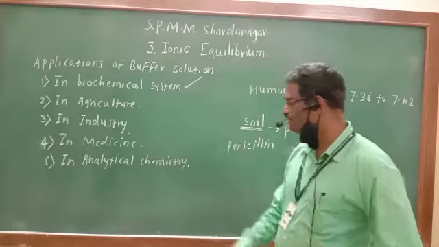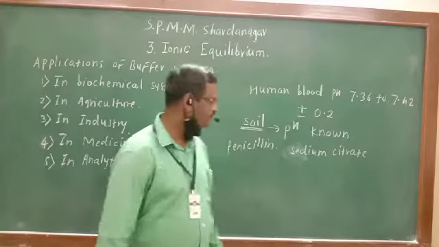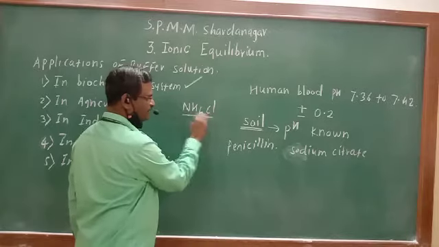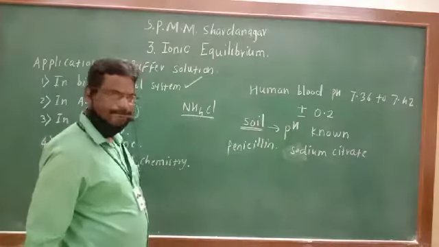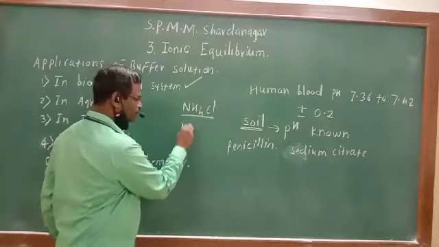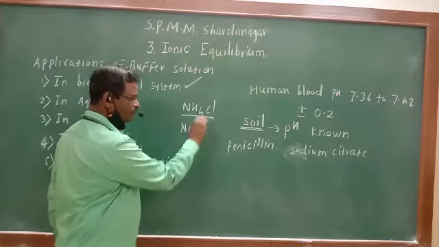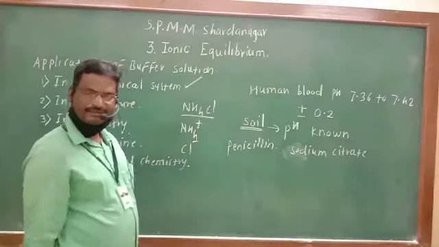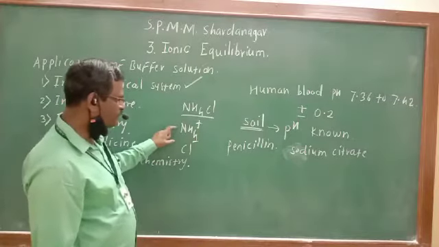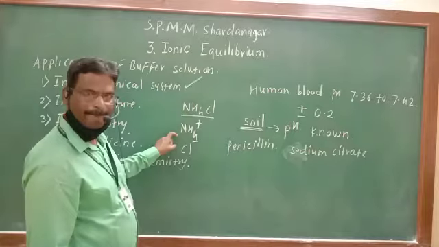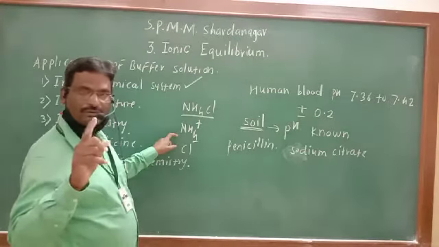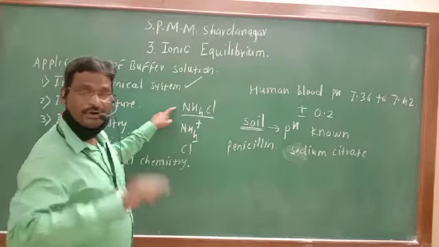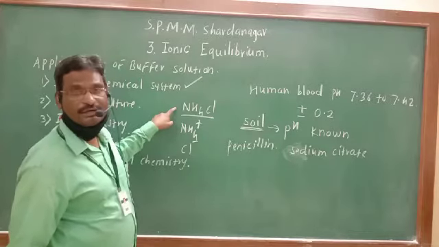For example, for the analysis, if the salt like this is given, NH4Cl, this practically you have done last year. It is containing the cation known as NH4+, containing anion known as Cl-. Detection of cation and anion, and to write the formula of salt ammonium chloride, that practically you have done, known as inorganic qualitative analysis.